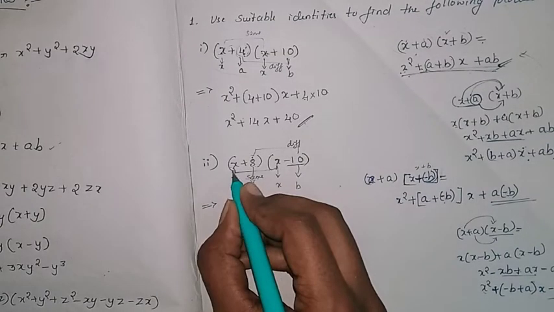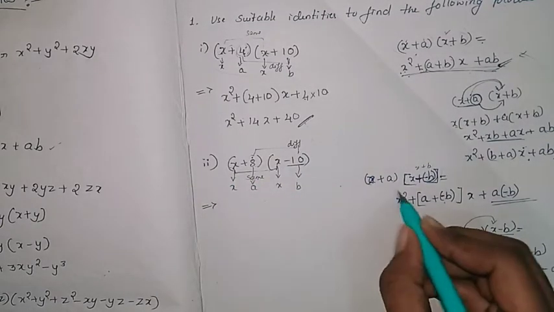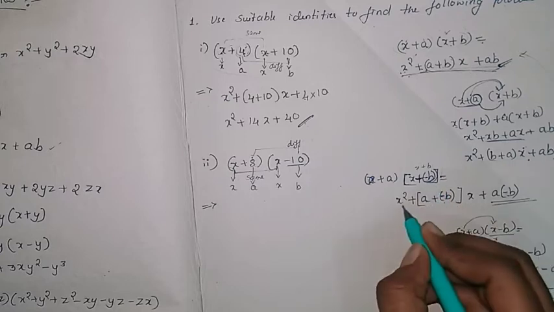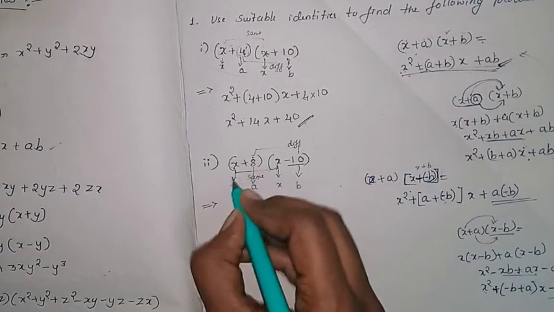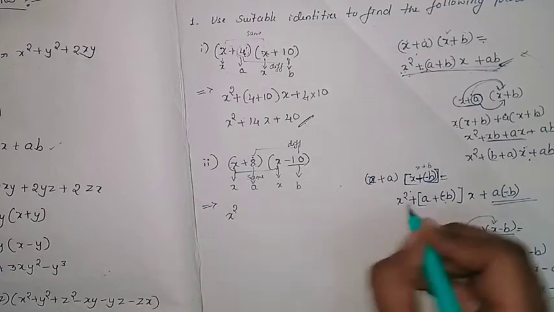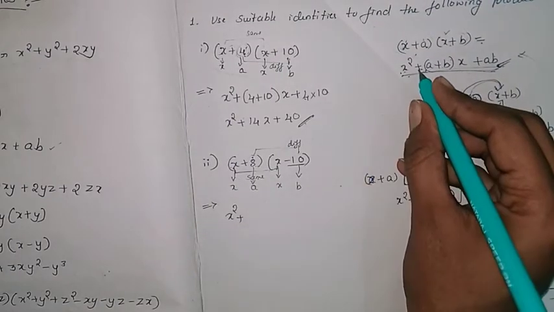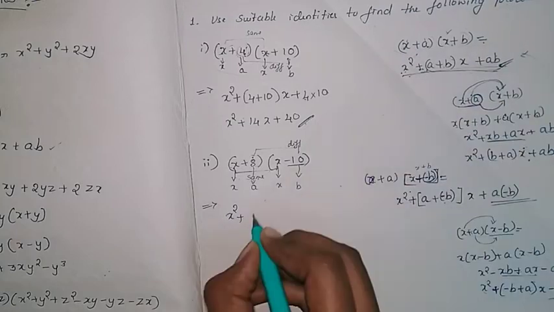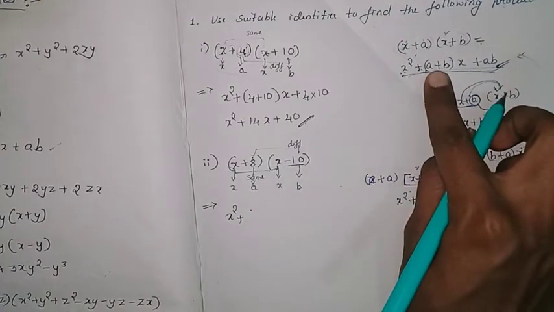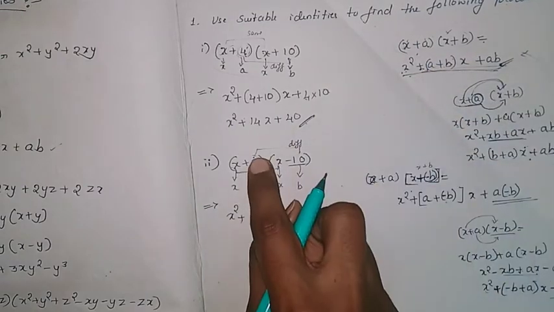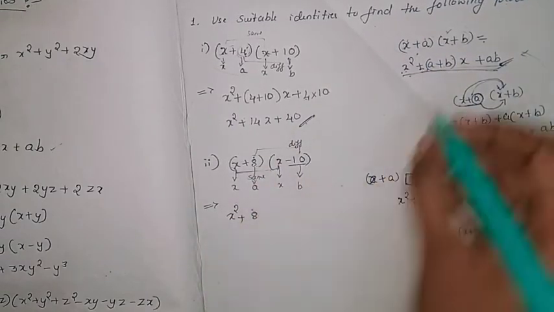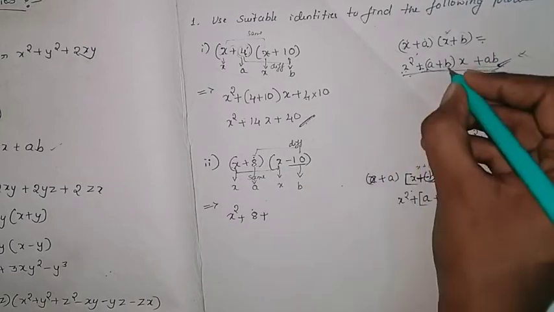Okay. So x plus a, x plus b, which is x square. x square means first term, x square plus of. So here also you can compare, okay, plus of. This formula only I will write. So here you can observe a, which is the a here, 8, and plus, which is the b here.